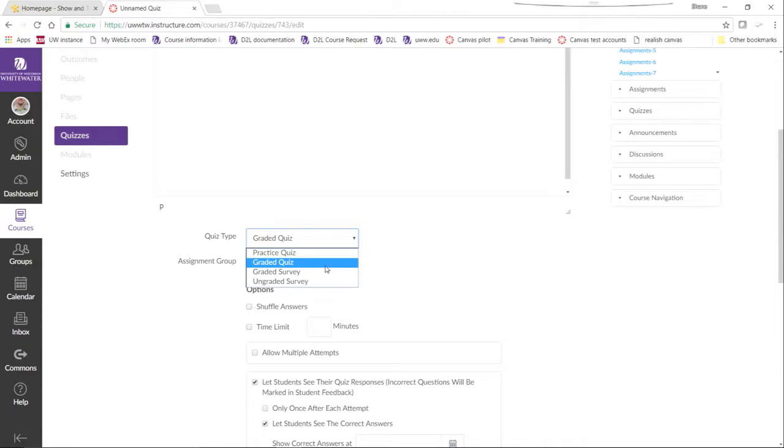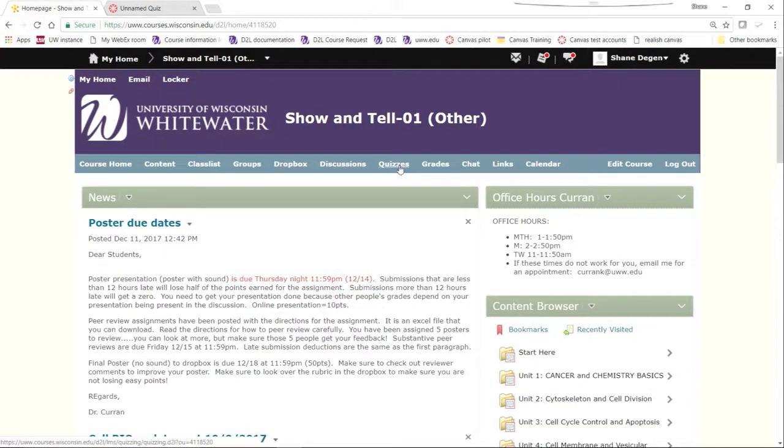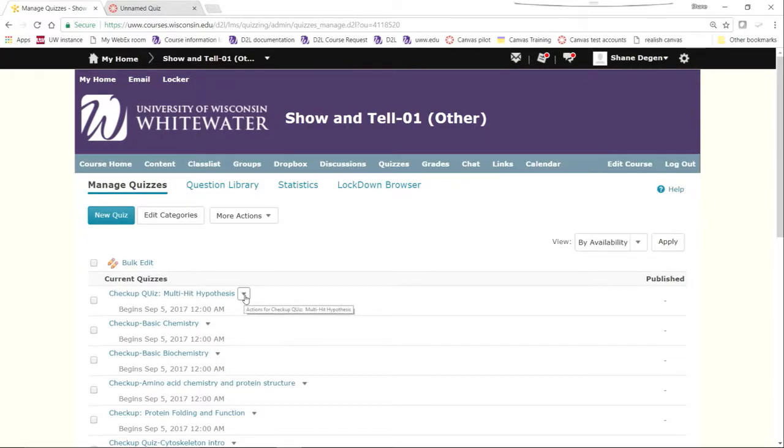If you made it graded, you had to create that item in the gradebook and then tie the two together. To be ungraded, you just didn't create an item in the gradebook. The biggest issue with this in D2L was when you would go to create a quiz and you would forget to tie that item to the gradebook.